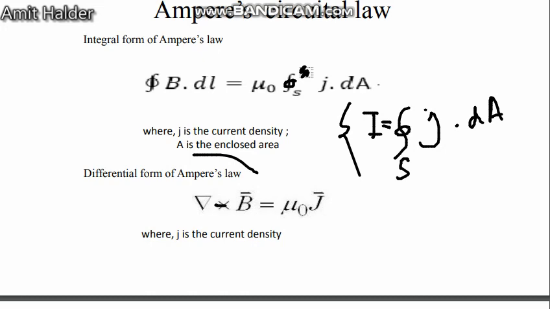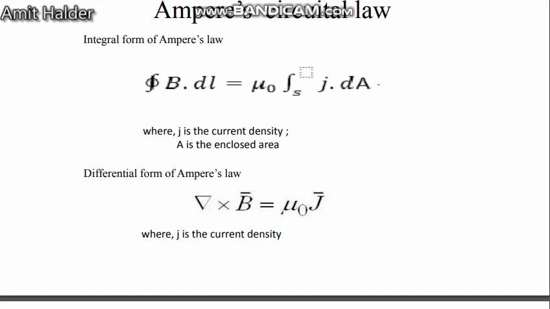After that, just adding the differential form of Ampere's law, taking the differential, that means the coefficient in both parts, you can get this. So B, that means the differential form, where J is the current density, will be B cross, I would say B cross, that is the curl of the magnetic field. What is a curl?